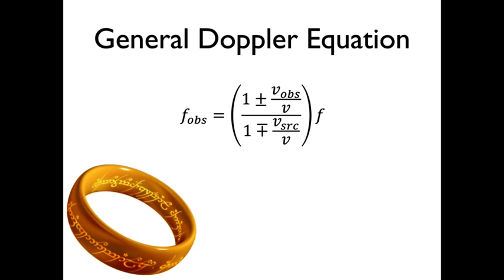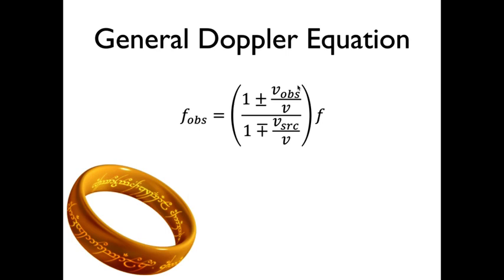It's got the possibility of the moving observer, and that shows up in the numerator here, and it has the possibility of the moving source, which shows up in the denominator here. And so this will solve any particular problem that you want. You just have to remember when to use a positive or when to use a negative. And again, you have to think, okay, if the observer is moving